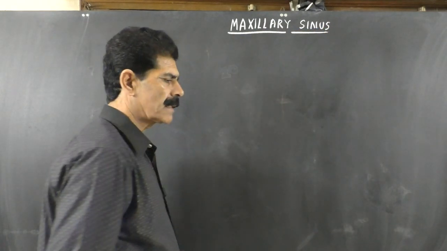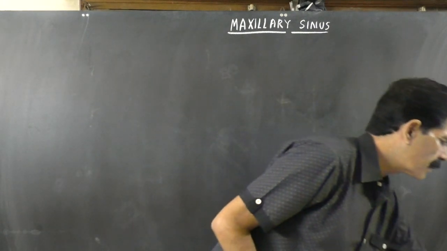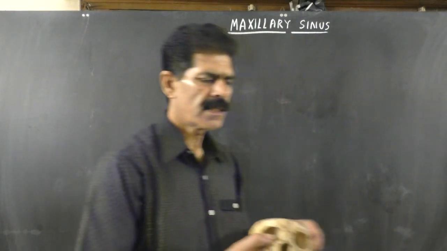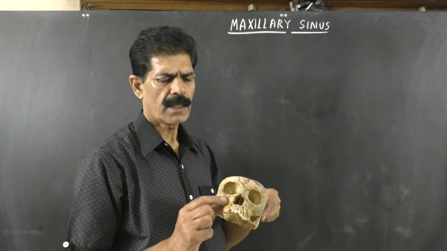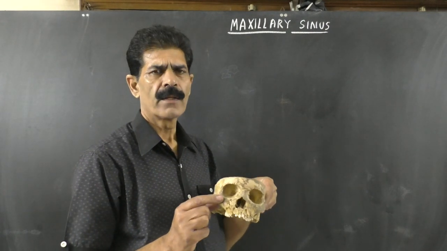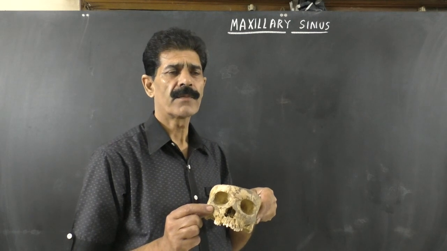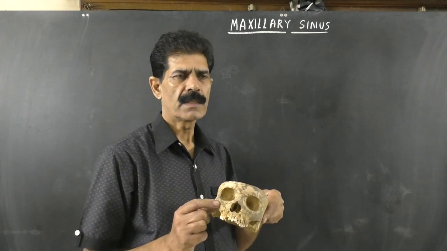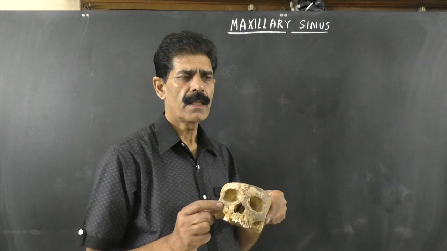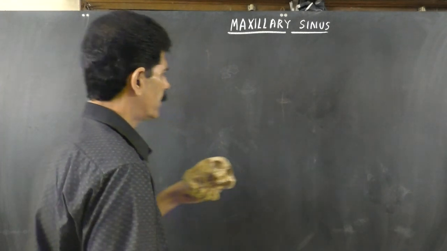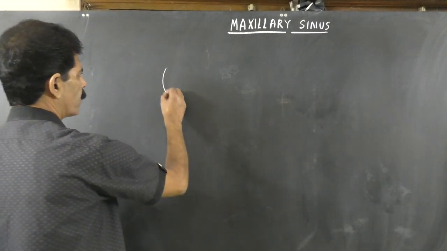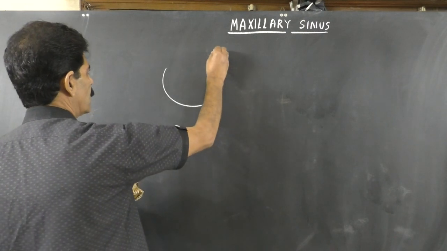So the maxillary sinus, as the name suggests, lies in the maxilla bone. The maxilla bone is a pneumatic bone, so it is hollow from inside. Air is trapped during the development of this bone. If we see the maxillary bone in the front, the norma frontalis, it lies just below the